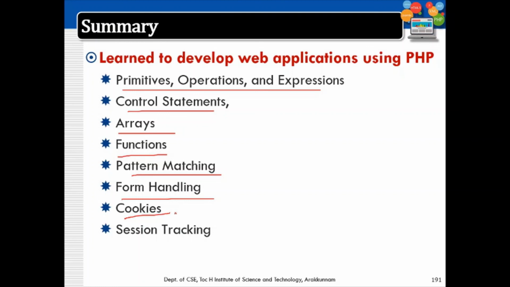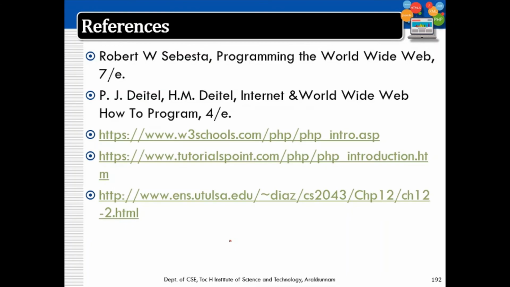Here also the superglobal $_COOKIE array is used. And finally session tracking, where the session details are stored at the server itself, and you can have different functions to start the session and use the session variables. And finally, the values can be accessed using the $_SESSION superglobal array here. These are the references made for